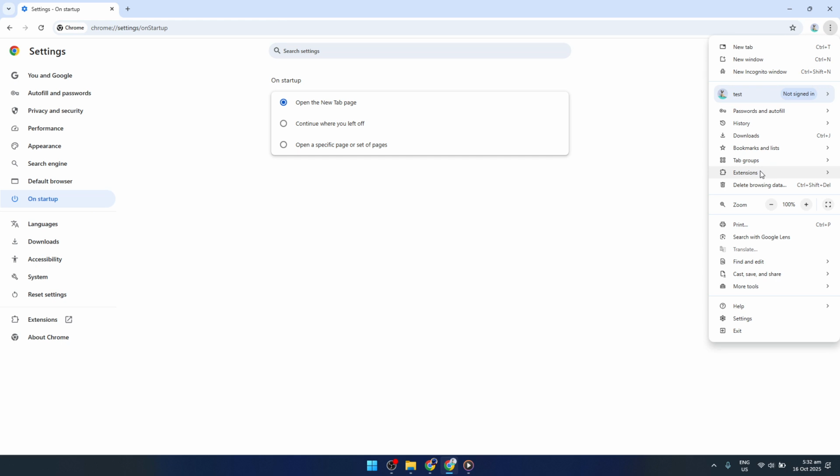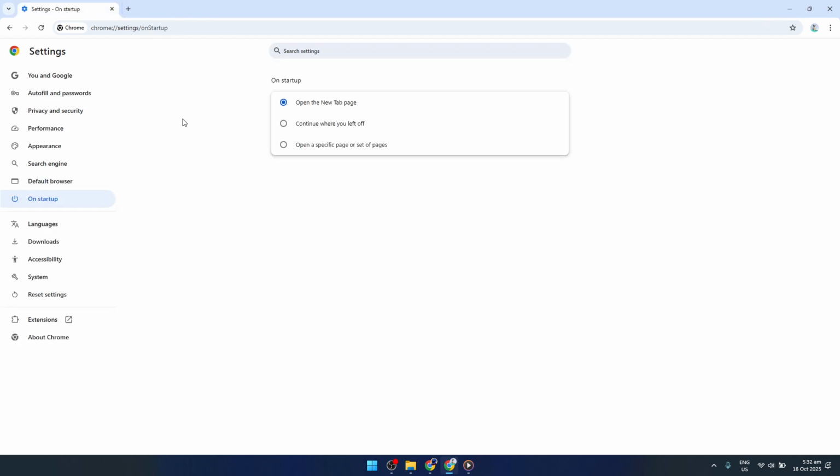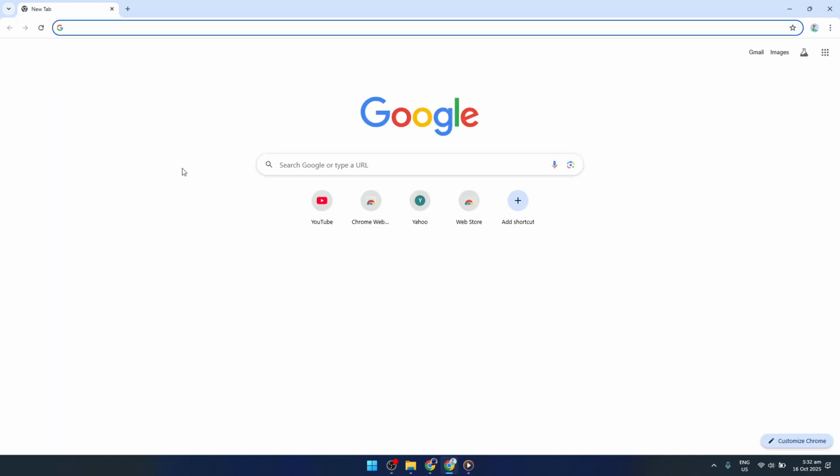Follow these steps, and your search experience should be securely set back to Google, providing you with the search results you're used to and trust. If you continue to encounter issues, consider resetting your Chrome settings or scanning your device for malware that might be